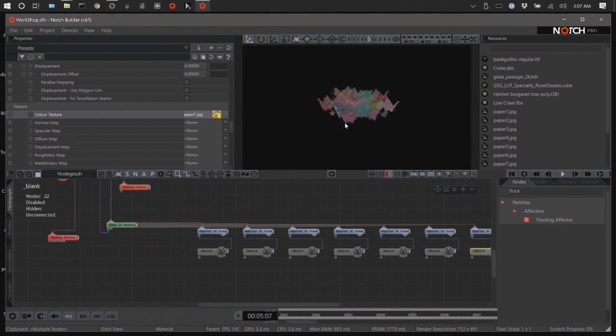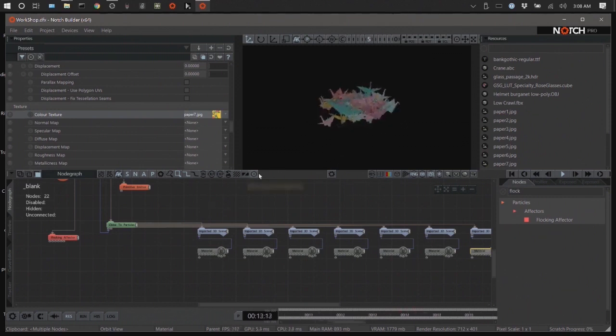So later you can look at that and get an idea of one way you can use it. フロッキングエフェクターは、最初にノッチを立ち上げるときにサンプルファイルを選べるところにも入っているので、動き方やアトリビュートの変更の仕方の参考になるかもしれないです。